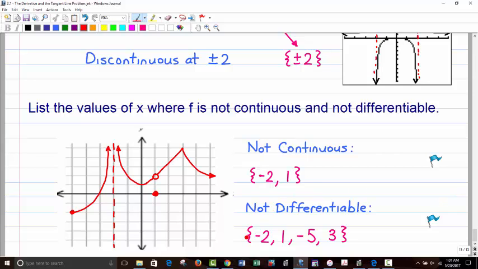However, there are others that are not differentiable. Notice I definitely made an endpoint there on purpose, with an arrow on that one. The fact there's an endpoint here at -5, I didn't list those in because they're not in interval form. You can list them in any order, it doesn't matter. So -5 is not differentiable. And then up here at x equals 3, we've got a sharp point, so not differentiable there either. So that concludes